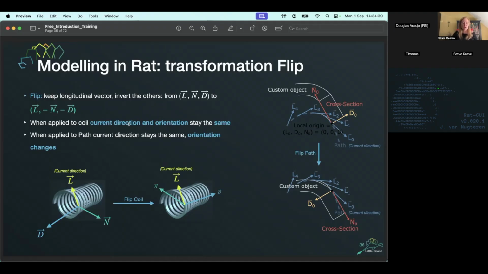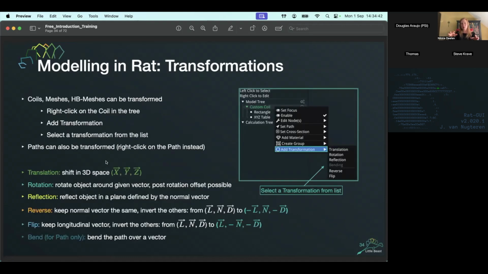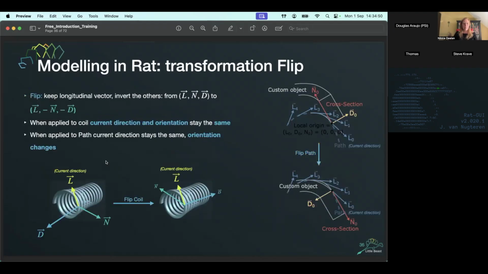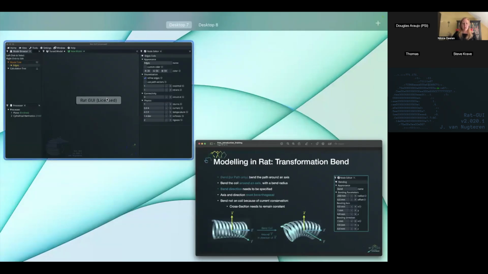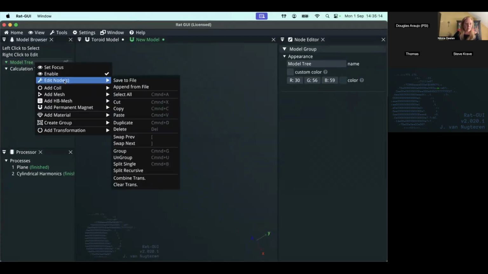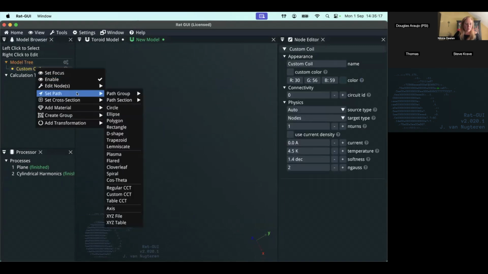If you apply this to a coil, so all these transformations can be applied on coils and on paths. So by applying them on a different level in your model, it will have a different effect, of course. And if you apply the flip on your coil, the orientation and current direction stay the same. If you apply it to your path, the current direction stays the same, but the orientation changes, like over here. There's also the bend transformation. This can only be applied to the path, not to the coil itself. And that's okay. You don't need to remember that, because